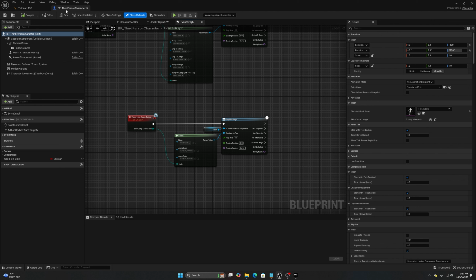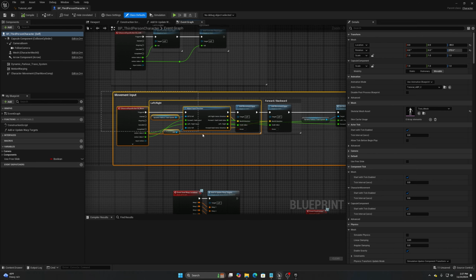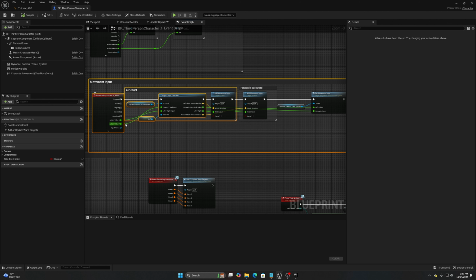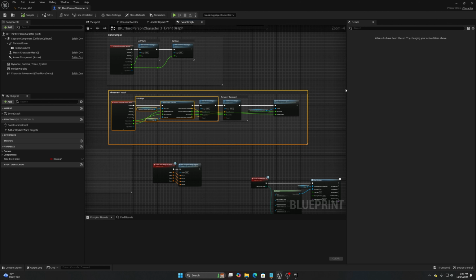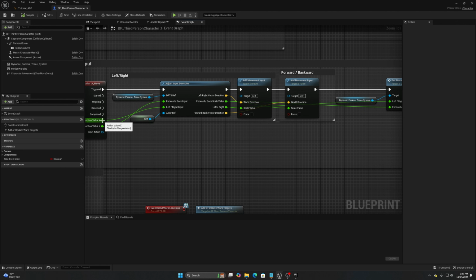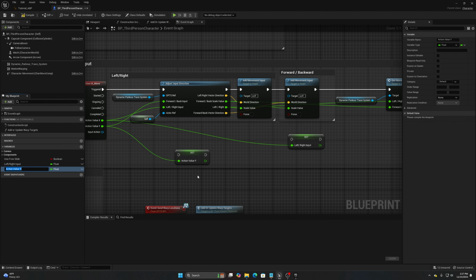So inside of the BP third person character, we want to navigate to where our movement input is being set. So that's going to be this one right here. Now you'll see we got a few different events that are going through. We got the action value X and Y, and everything is kind of being input into here. Now what we want to do though is take the X, which is the, I believe the forward back. Oh no, it's the left right. So we're going to take this and promote it to a variable, left/right input. And then we're going to get the Y, promote to a variable, and call it forward/back